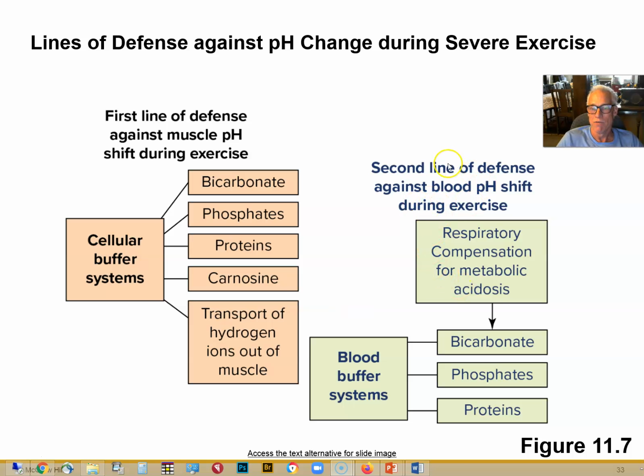The second line of defense, the blood buffers. Now those hydrogen ions are being pumped out into the plasma. We have 24 millimolar bicarbonate to neutralize that acid until we start losing bicarbonate ion and the blood begins to acidify. There's a lot of plasma protein and hemoglobin. There's a lot of hemoglobin in your red blood cells. That hemoglobin can buffer a significant amount of hydrogen ions. Once you saturate, though, then the pH starts to drop more and more, and you have fatigue.